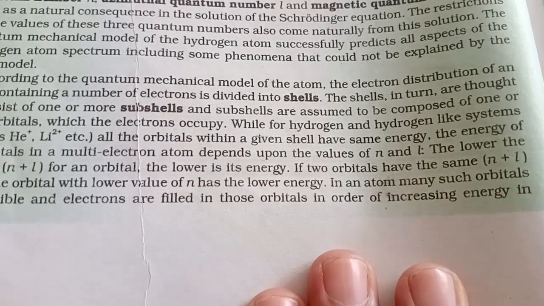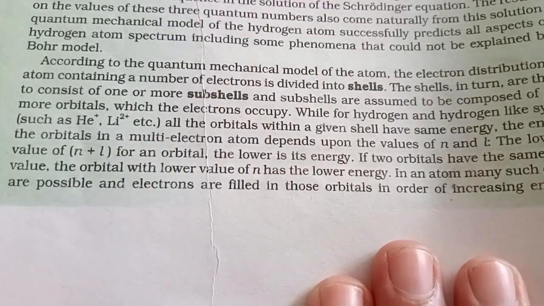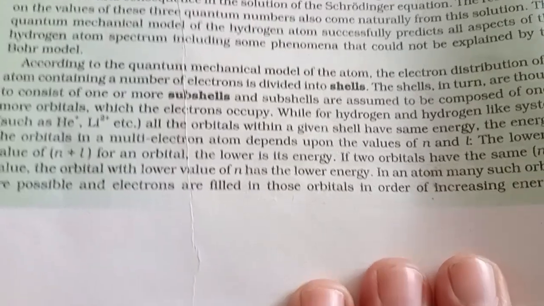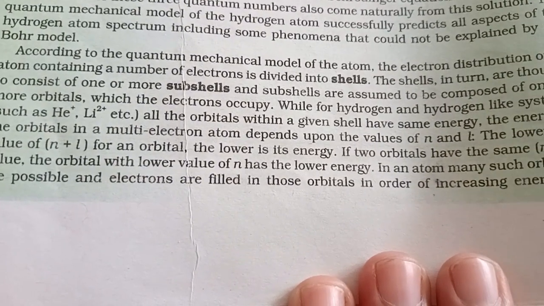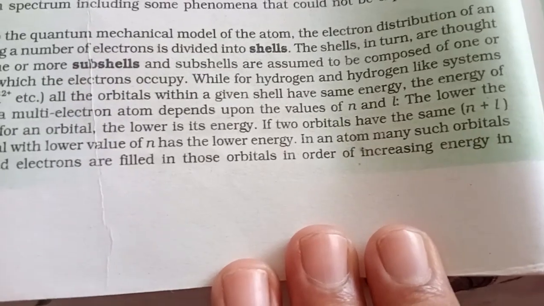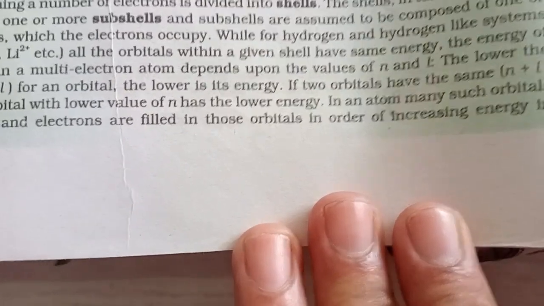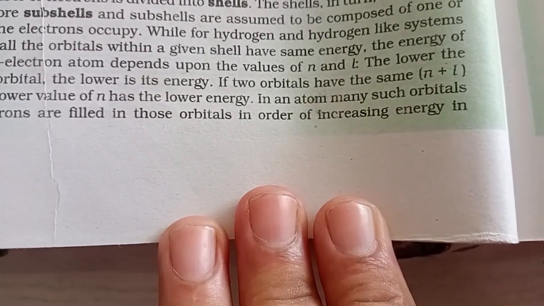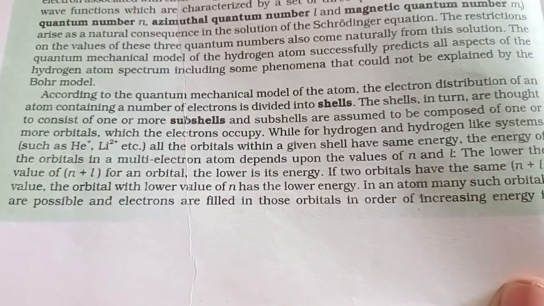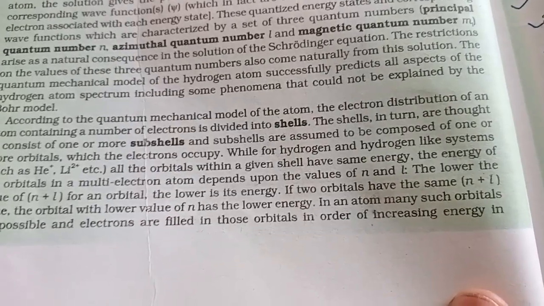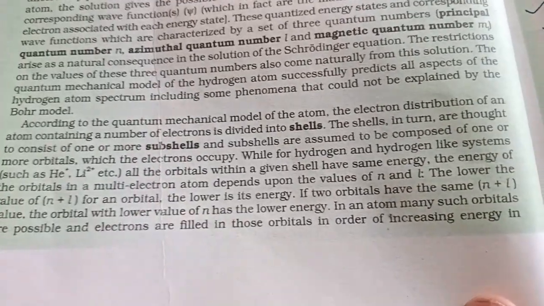While for hydrogen and hydrogen-like systems such as He+, Li2+, etc., all the orbitals within a given shell have the same energy, the energy of the orbitals in a multi-electron atom depends on the value of n and l, the azimuthal quantum number. The lower the value of n plus l for an orbital, the lower is its energy. If two orbitals have the same n plus l value, then the orbital with lower value of n has the lower energy. In an atom, many such orbitals are possible and electrons are filled in those orbitals in order of increasing energy